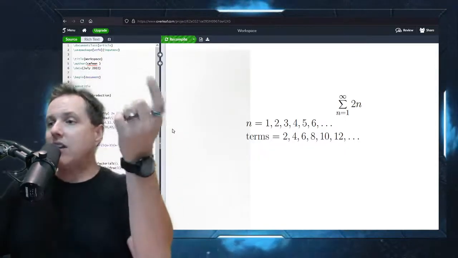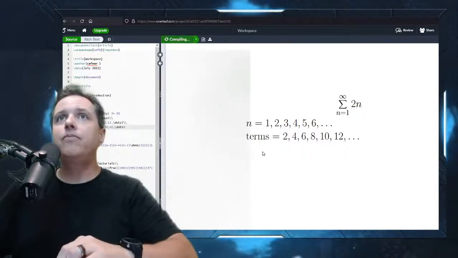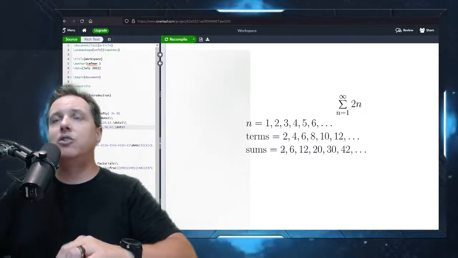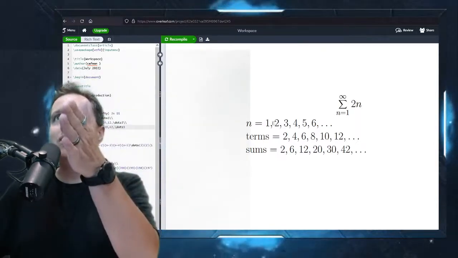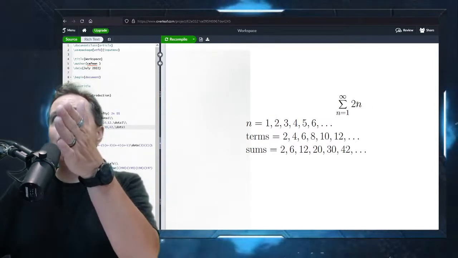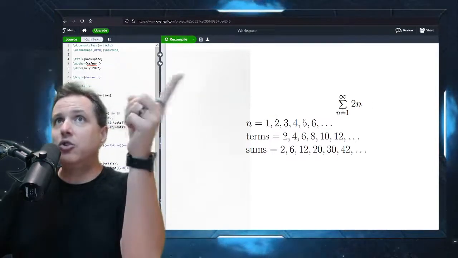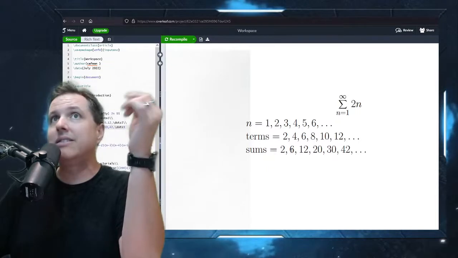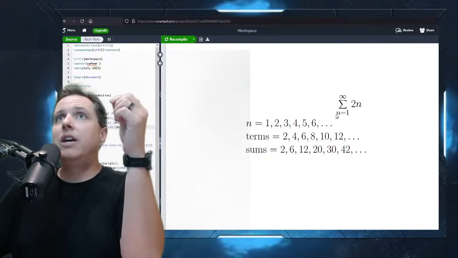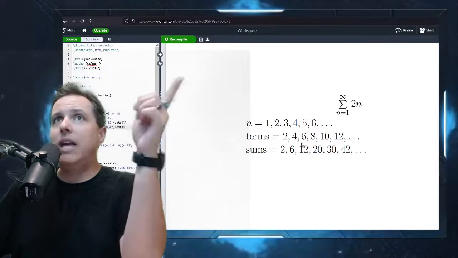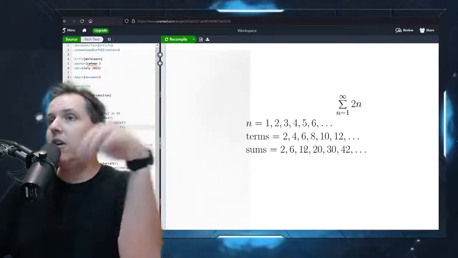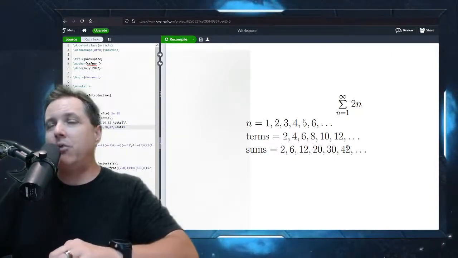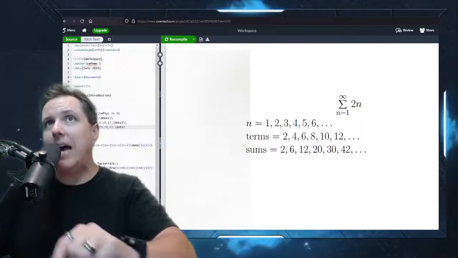So if we had a running sum, we would go, okay, our first sum when I plug in n equals 1 is 2. So the first thing I get is 2. Then the next thing I get when I plug in the 2, I get a 4. So remember, we're adding things together. So I get the 2 I got in the first term, the 4 I got in the next term, that's 6. So now our running sum is a 6. Then I would get n equals 3. Well, that's a 6. So we already had 6, and now I'm adding 6, so now our sum is 12. So you just keep adding it up. And in the end, you don't have a sequence of sums like I have it written here. This is just so you can see as I'm going along how I'm adding these terms up.